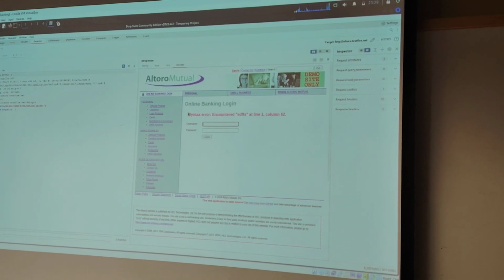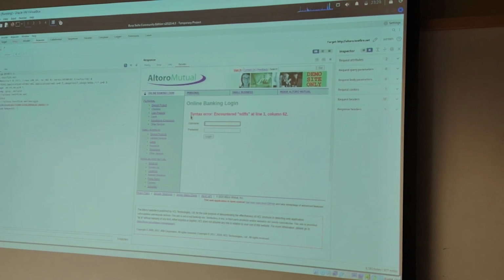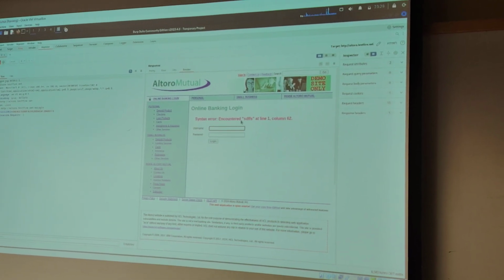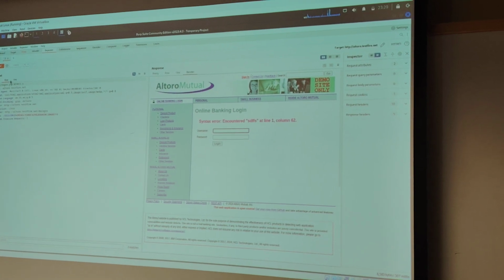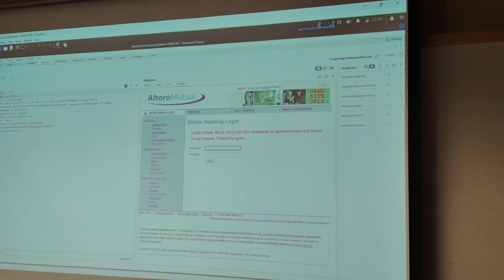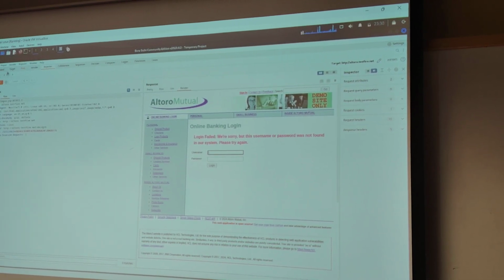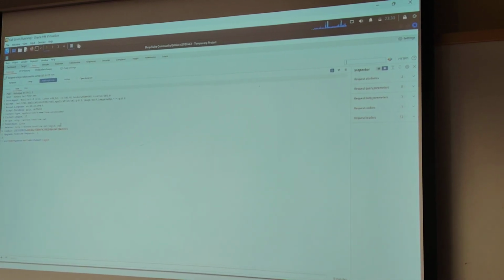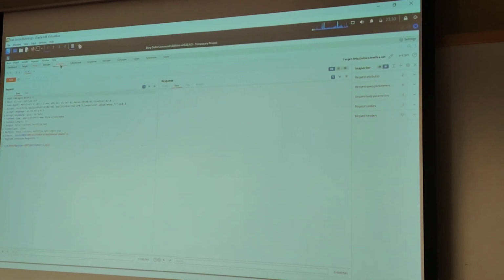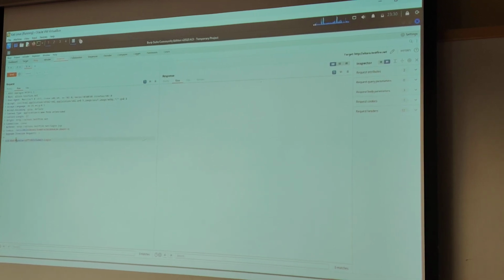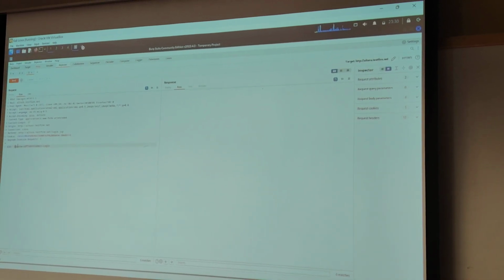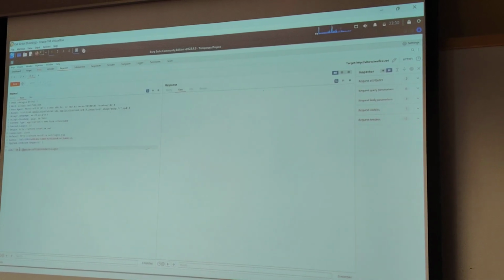Go to render, and it says syntax error. It means that it is vulnerable to SQL injection. So I will put my SQL command. Go to the proxy again. Send to repeater. At the repeater, I will change the UID to a single quote or 1 equal to 1 dash